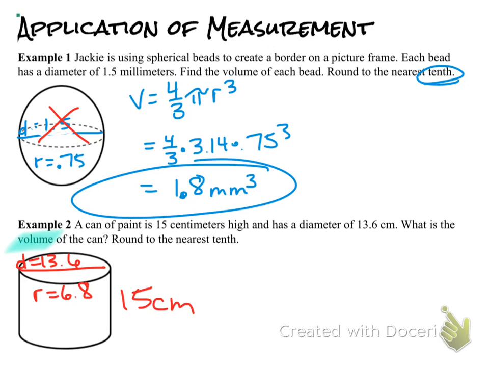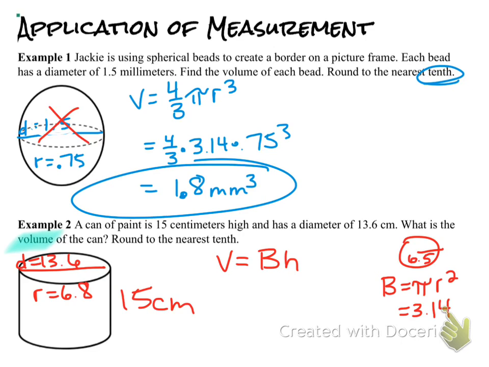Talking about volume. Volume is the area of the base times the height. So you're saying, I don't see area of the base. You got to know it. So I'm going to come over here and draw my little circle. The radius is 6.8. Capital B is pi times radius squared. So 3.14 times 6.8 squared. And you're going to get